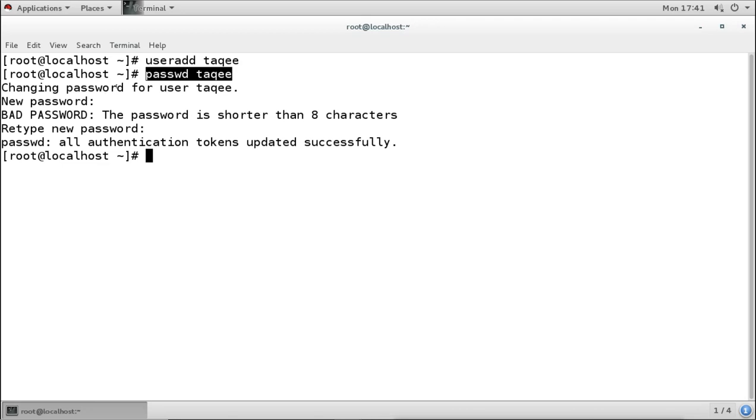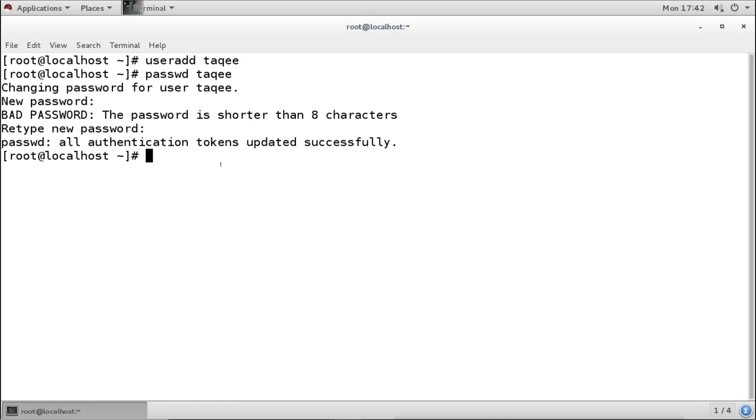For example, if the user forgets the password and wants to reset it, only the root user can do that, and when root tries to reset the password, it will not ask for the previous password. It should not ask, because root doesn't know the previous password and the user also forgot it. So nobody knows the password. So for the root user, it will not ask for the current password.